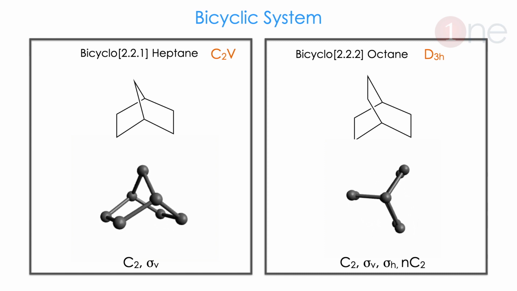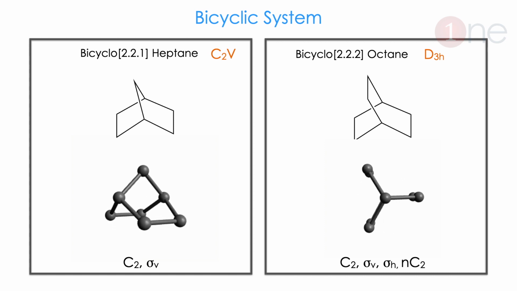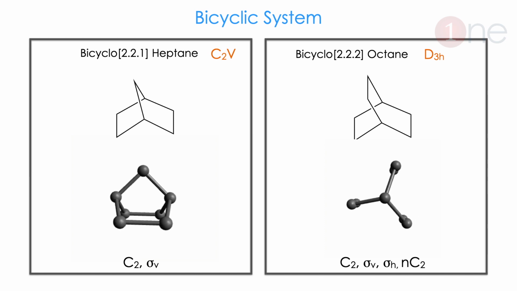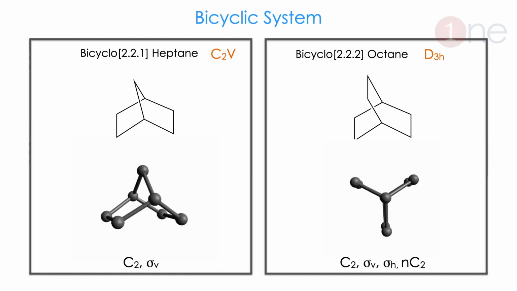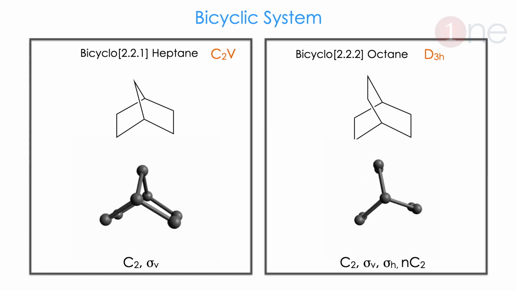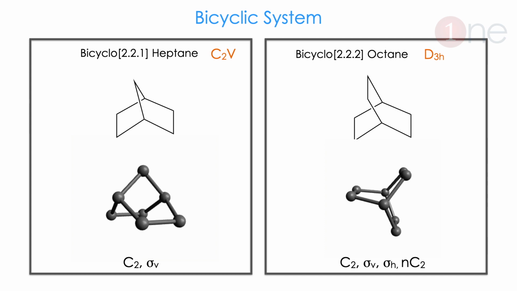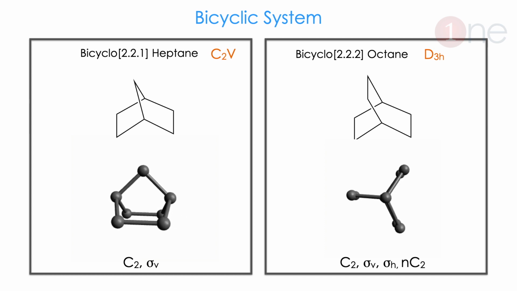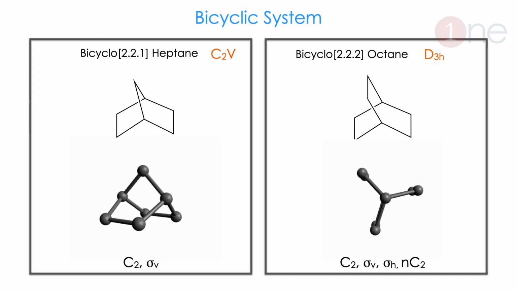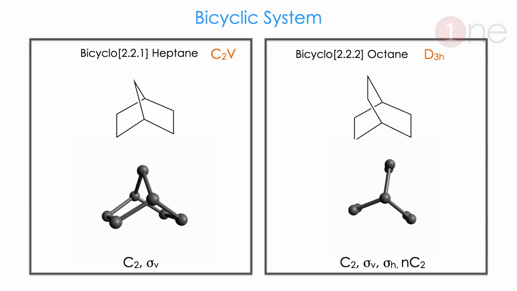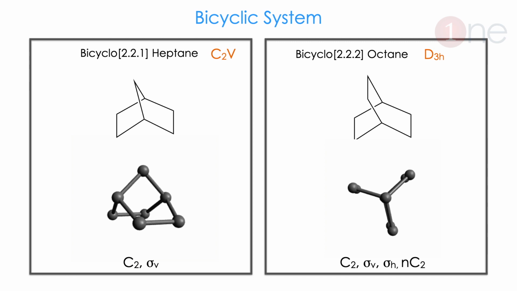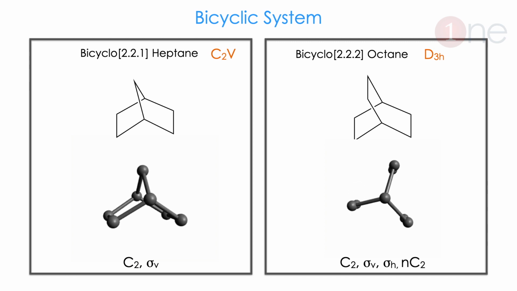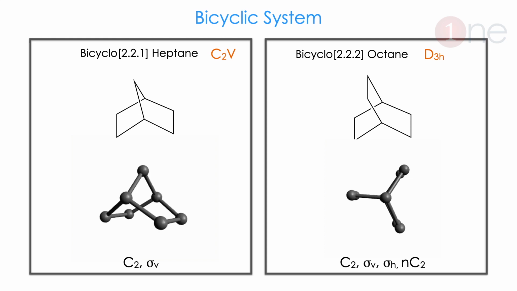Next thing you will see is very unusual, which is the bicyclic system. In a bicyclic system, very common ones are one-carbon bridged and two-carbon bridged. In the one-carbon bridge, clearly you can see it has C2 rotation. You can take the help of the animation to understand: by 180 degrees you will get the same molecule. But in the two-carbon bridge you have C3 symmetry, where you can see from top to up. So here you have C3 symmetry as well as a plane of symmetry and nC2 axes. The plane of symmetry comes perpendicular. So the point group is D3h here.